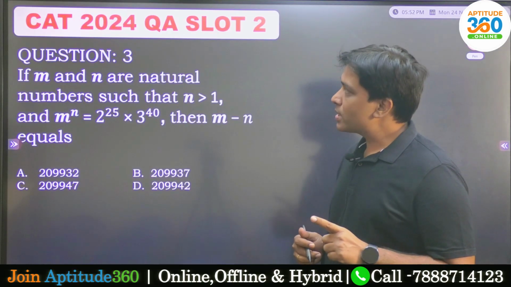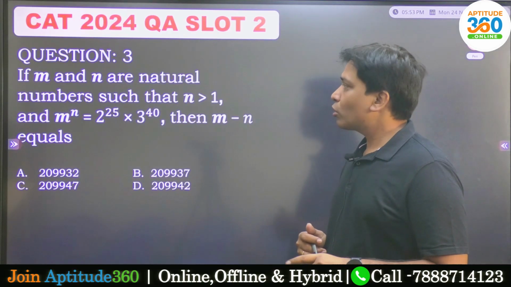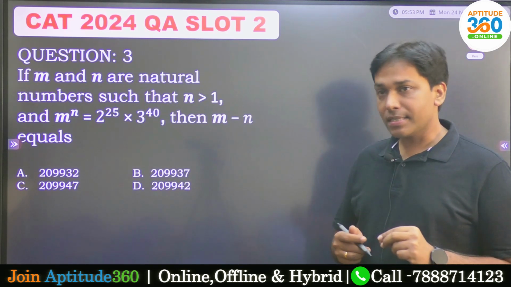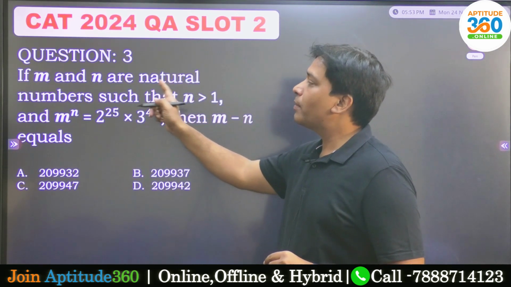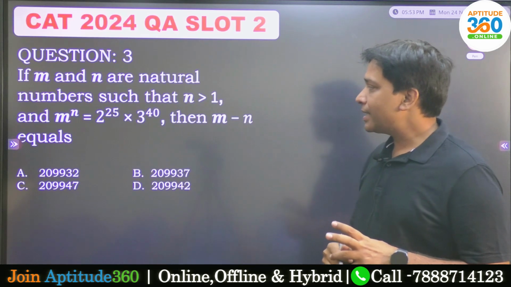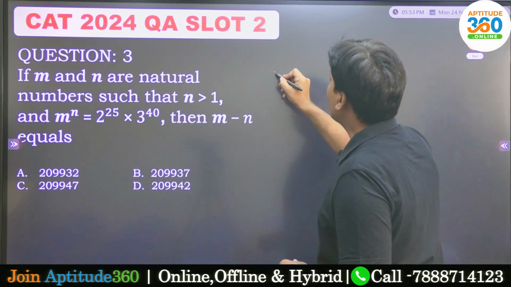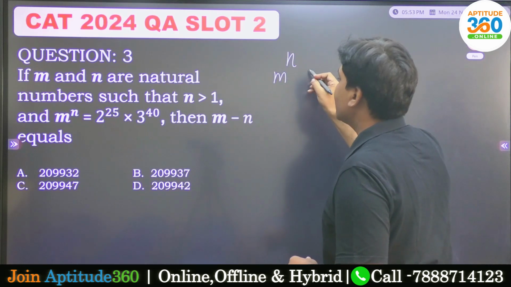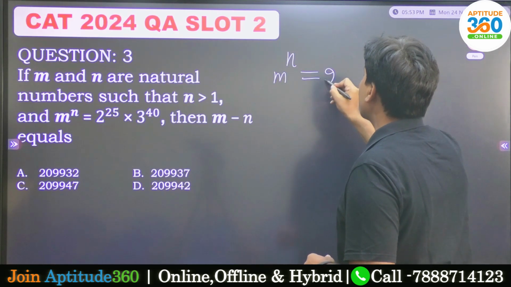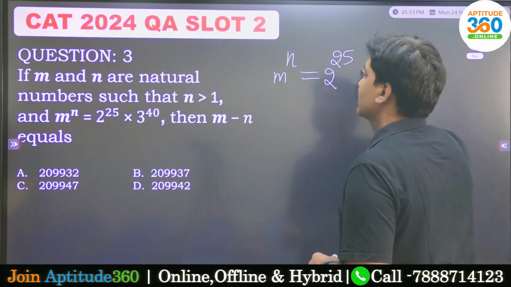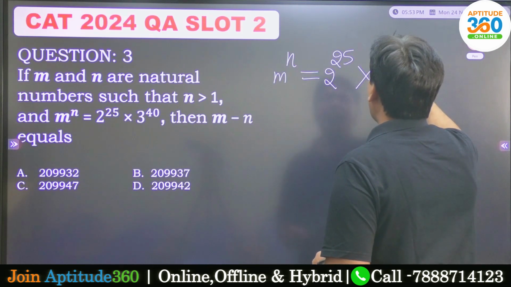So this question was asked in CAT 2024 in slot 2. The problem says this: if m and n both of them are natural numbers such that n is more than 1, and the problem tells you that m raised to n is given to you as 2 raised to 25 times 3 raised to 40, and